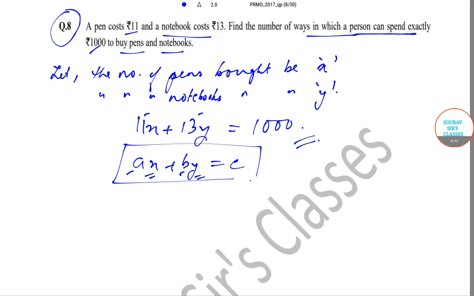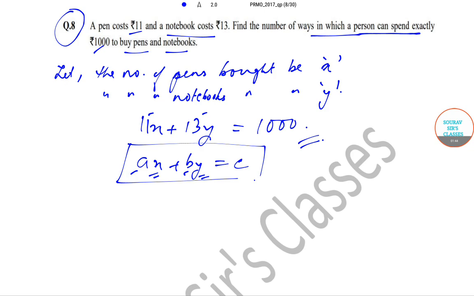After we have ensured that, we have to find any one integral solution of this given equation that we have over here. So basically 11x will be equal to 1000 minus 13y. Now if we put y equal to 1, y equal to 2, y equal to 3, we'll try to find out the values. So if we put y equal to 1, then we have